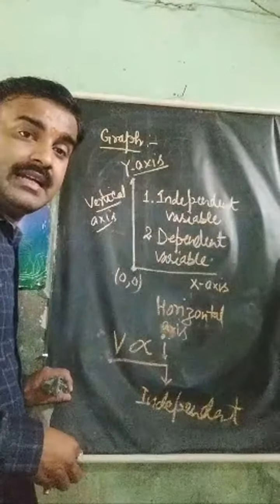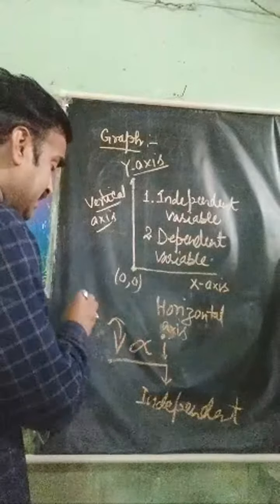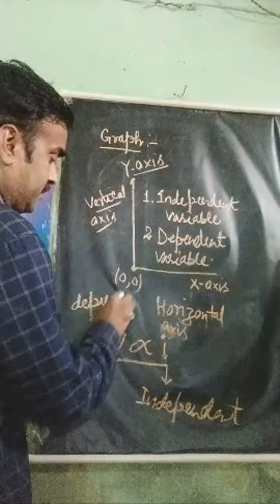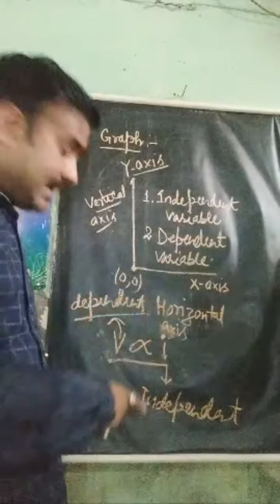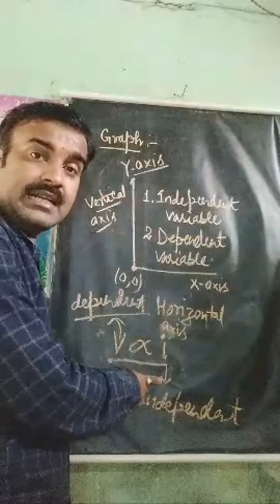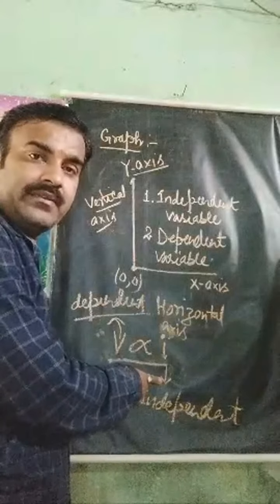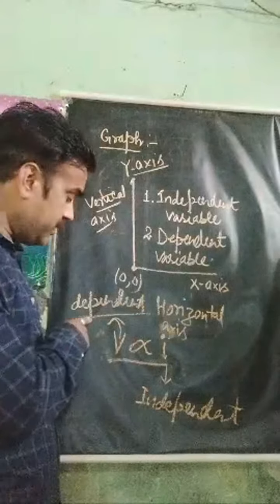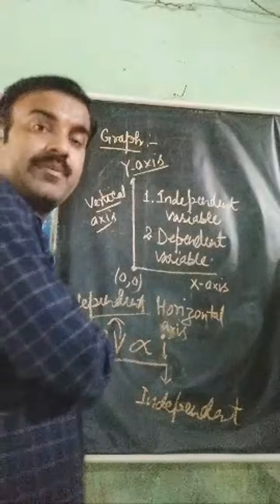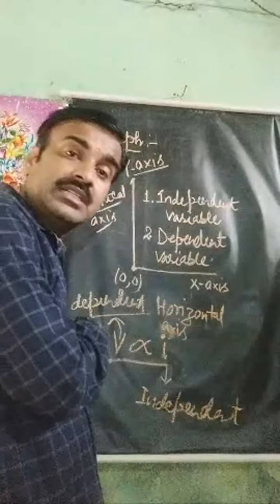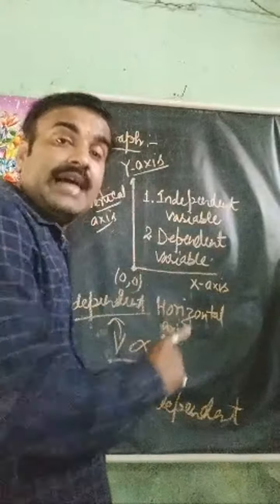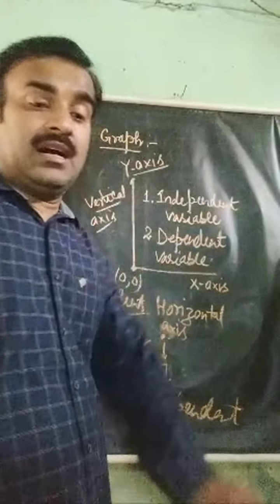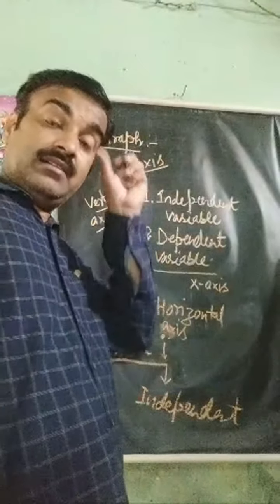Okay, current is independent while this one is dependent. Current is the independent one and potential difference will be the dependent one. That means since the potential difference depends upon current, try to understand this one, because maybe once you